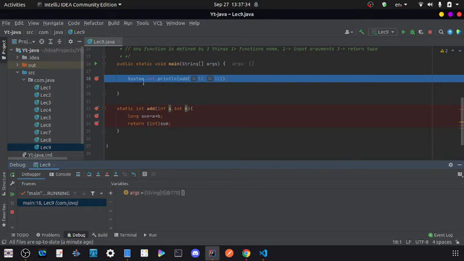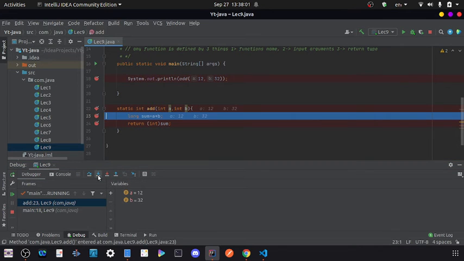First of all, our program will do System.out.println, and println itself expects one input argument of any data type. So here we call that add function. Our program will pause here and then go to that add function. If I run this now, I have to step into it, so you can see it goes to println, then my program goes to that